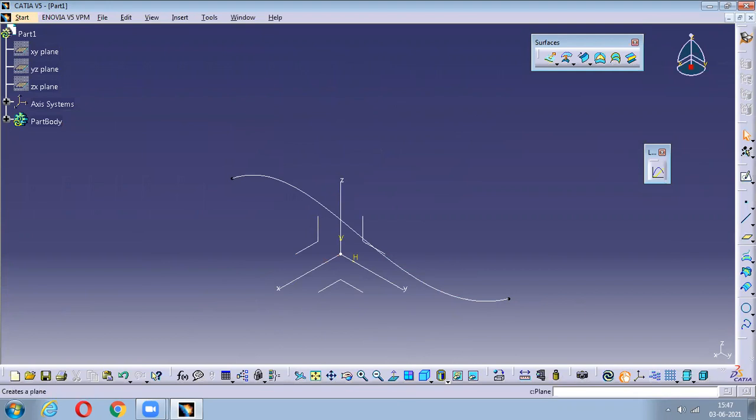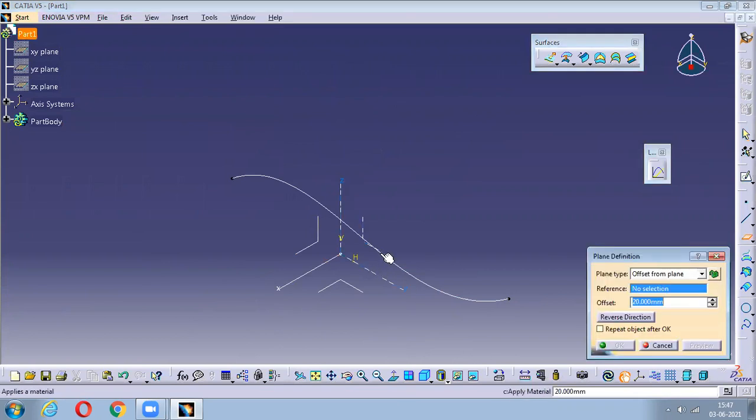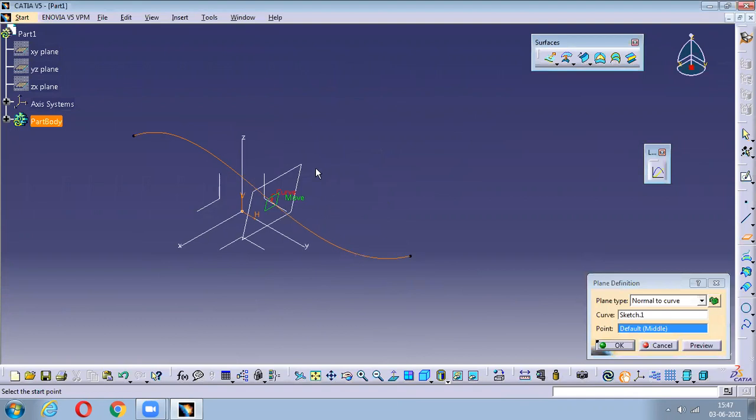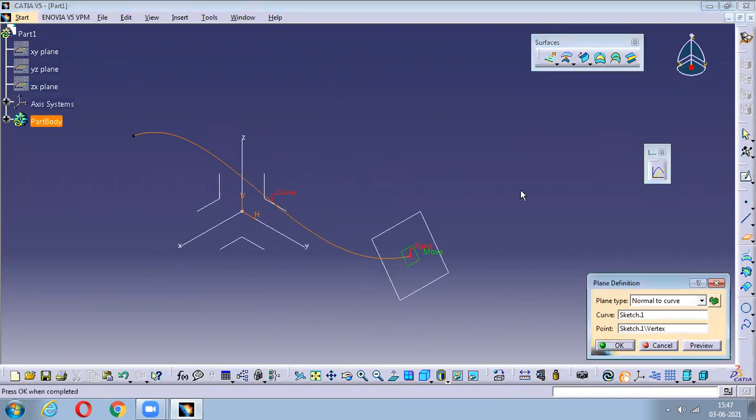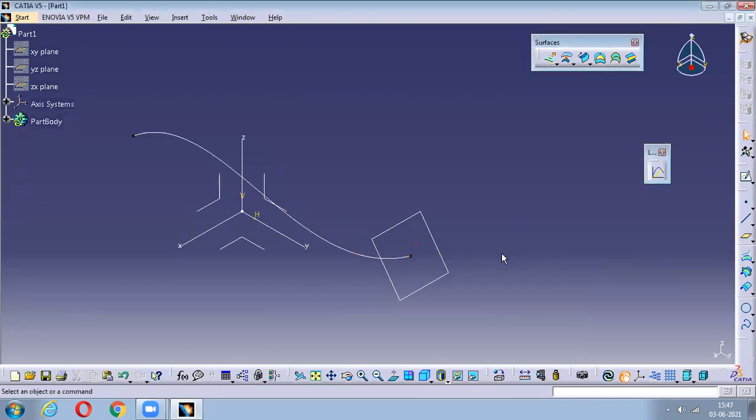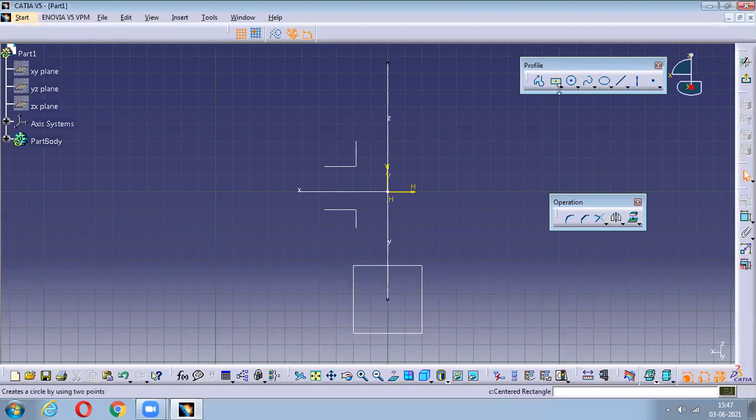Just click on this reference plane, select this curve here. See, the plane has been created. So just directly click on that point. That plane will be selected on that point. Now what you can do is you can just directly click on the sketch, just select this. So the sketching will start. Just draw it somewhere here. If it's not joining, just give a click outside. So just make it constrained like this.